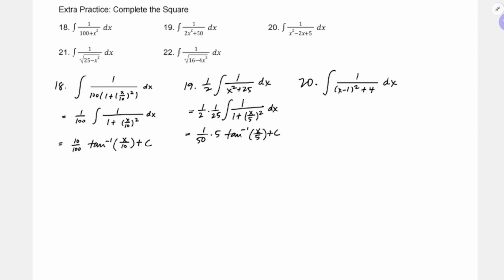Okay, number 20. This one, oh, okay, yeah, I thought it was one bigger than a perfect square because it's like, oh, 1 over x squared minus 2x plus 4. But that itself would not be a perfect square. So this one's bigger than a perfect square by 4 because the square of x minus 1 is x squared minus 2x plus 1. And I hadn't shown you one like this before,